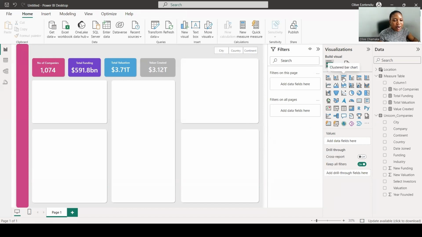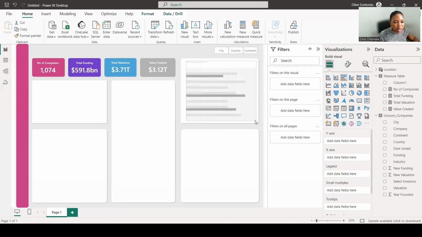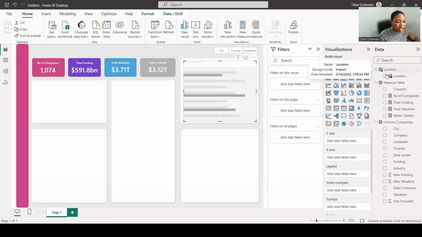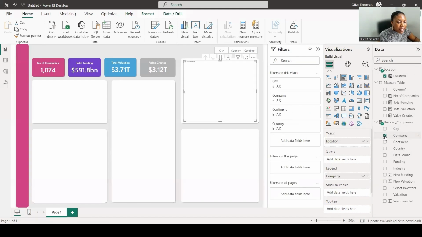So we're going to get our bar chart right here. And we're just going to fit it into here, because this is what will be showing us these three columns. Now we're going to be putting in our location now. Okay, so we want to see the location by what? The companies. So now we want to see where these companies are located in terms of the cities, the countries, and the continent. So let's just push this up to our x-axis,